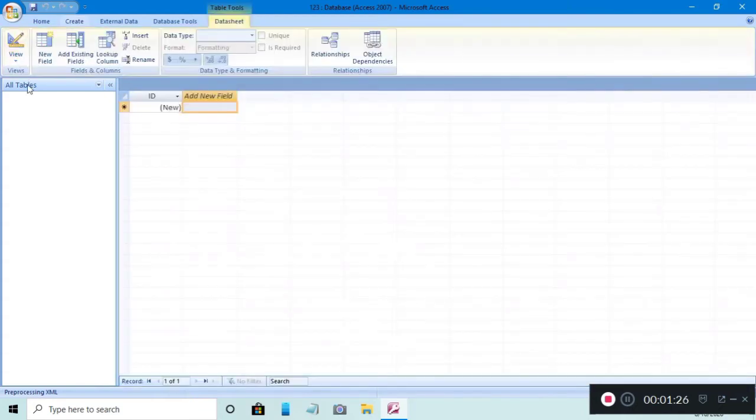Once you have created a table, you can design different types of forms on the table as per your need and convenience. And then you can use them to enter, modify, or search the information in it. For creating a form, the first basic thing we require is a table with some data.